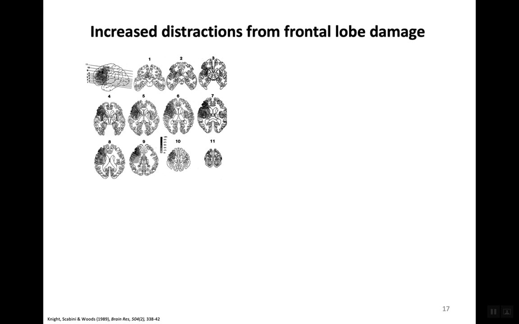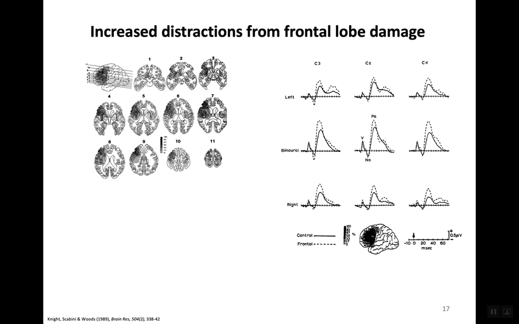We do expect that they have problems with attention, but the question that Bob Knight and colleagues asked in '89 using EEG was what happens at the level of the visual cortex. So what happens if we record activity at the back of the brain in such individuals as opposed to normal